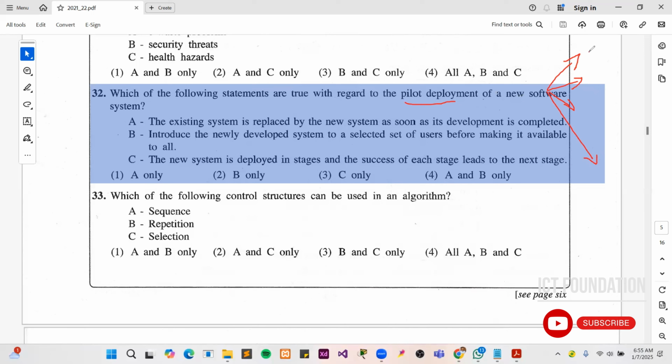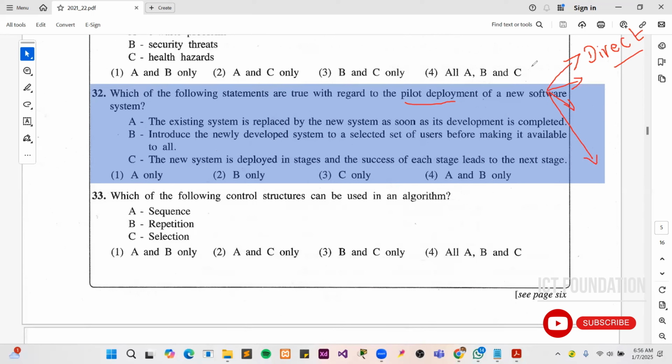The first one is direct deployment. Direct deployment means you omit the old system immediately and then replace it with the new system. This deployment method is called direct deployment. You can think about the COVID-19 situation. In the COVID-19 situation, we omitted all of the physical activities in the classrooms. Generally, in 2020-21,